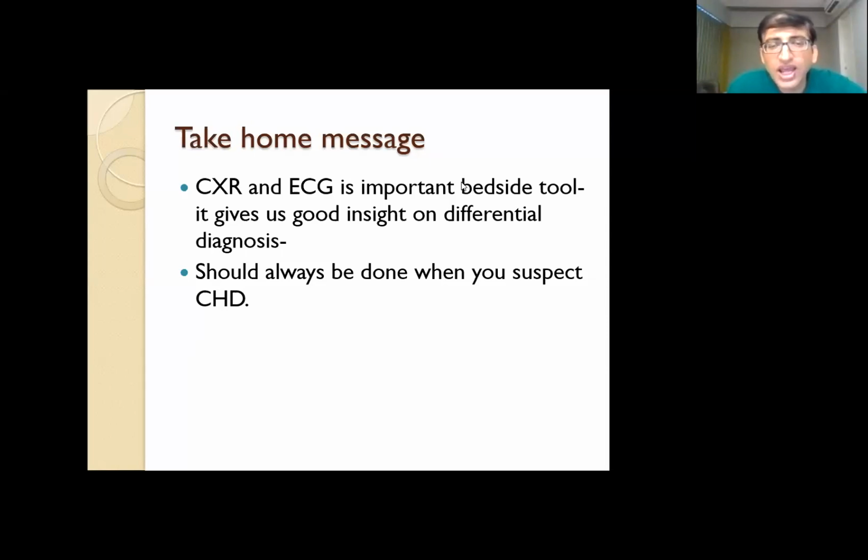There is no need to diagnose the type of murmur. You just diagnose whether it's a systolic murmur or diastolic murmur, that is more than enough. And diastolic murmur is nowhere required. You just diagnose it's a systolic murmur and you try to differentiate based on whether the pulmonary blood flow is increased or decreased. You will be able to have some clue whether it's an obstructive lesion or an increased pulmonary blood flow lesion. And later on, based on the X-ray and ECG, you can still further titrate to a narrow differential diagnosis.